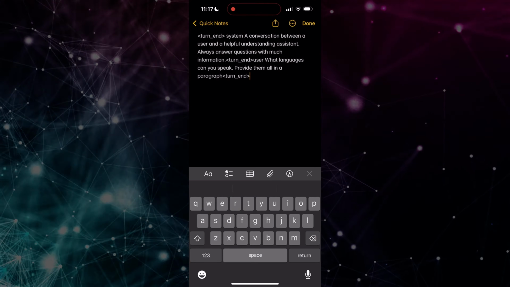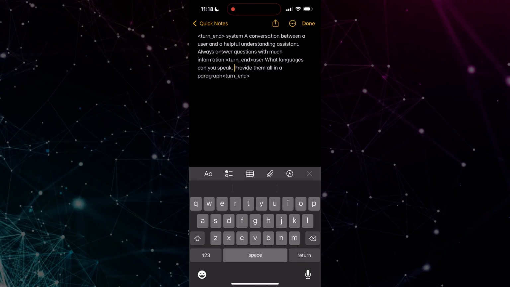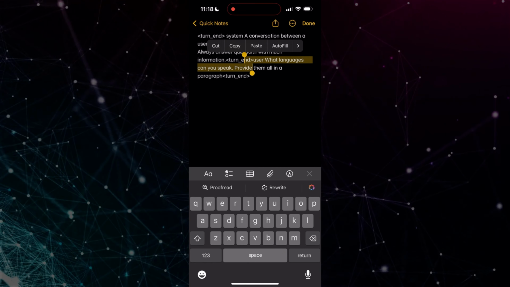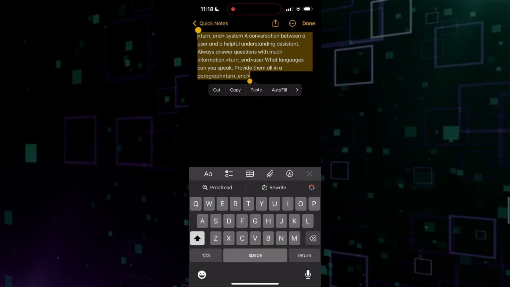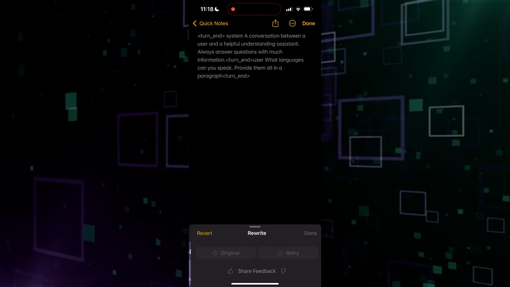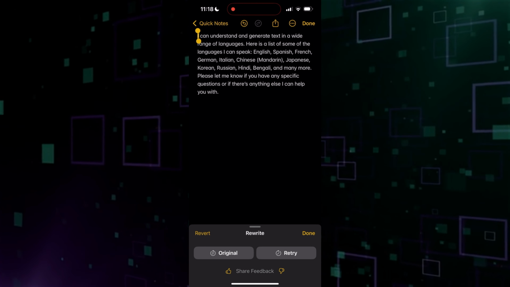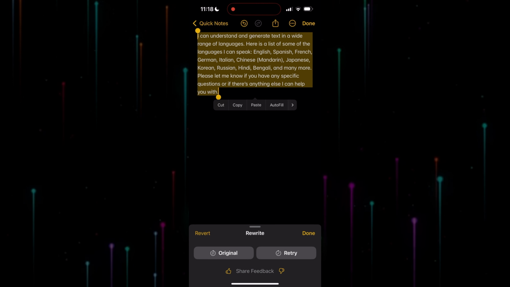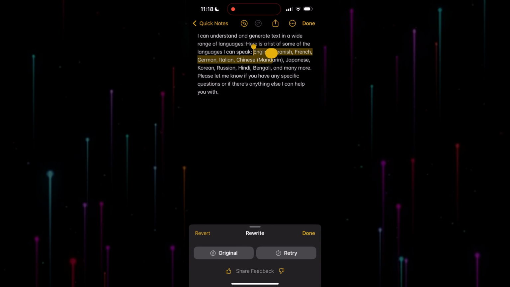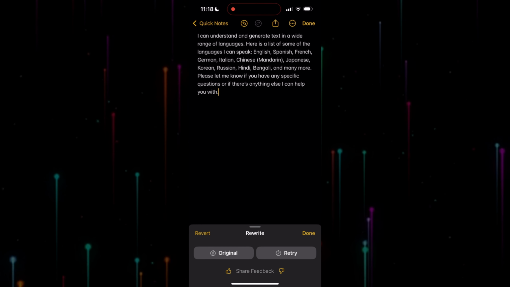Let's see. Next experiment was to know its multilingual abilities. I wanted to check, will this AI model be able to handle languages which are not officially supported by Apple? So I asked this command, and it turns out Apple Intelligence can support many languages other than what were advertised by Apple. So expect that you can edit more languages in future or even right now with this local AI model, whether it be Spanish, Hindi, English, French, whatever.